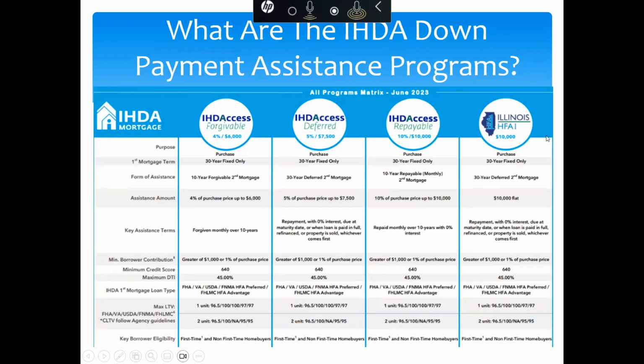There is no interest on it. There is no monthly repayment. So you get to give your client $10,000 toward their down payment, toward their closing costs. They never have to include it in their debt ratio. There's no monthly payment. And if they stay in the house for 10, 15, 20 years, however long they stay in it,